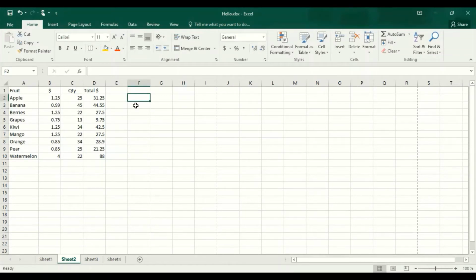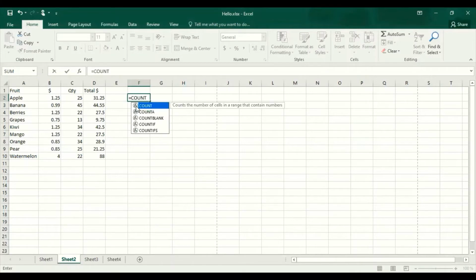Next is the count function. Keep in mind that this only works with numerical data. This function counts how many cells in a range you select actually has any numerical content. To use this, type equals count, open parentheses, select your range,